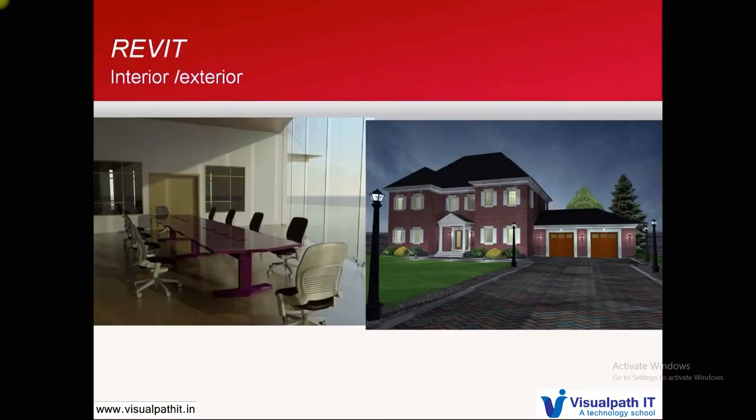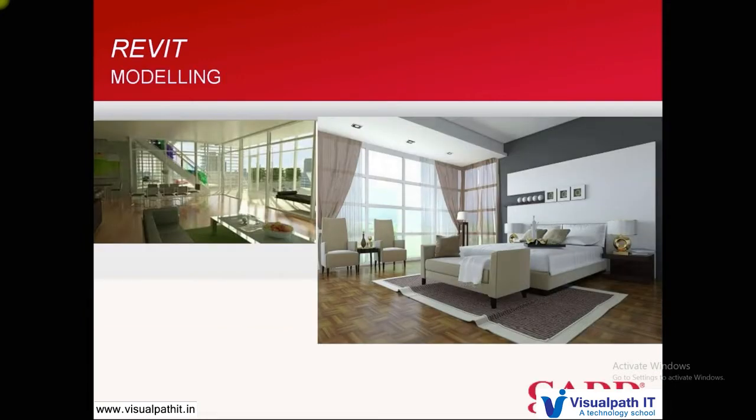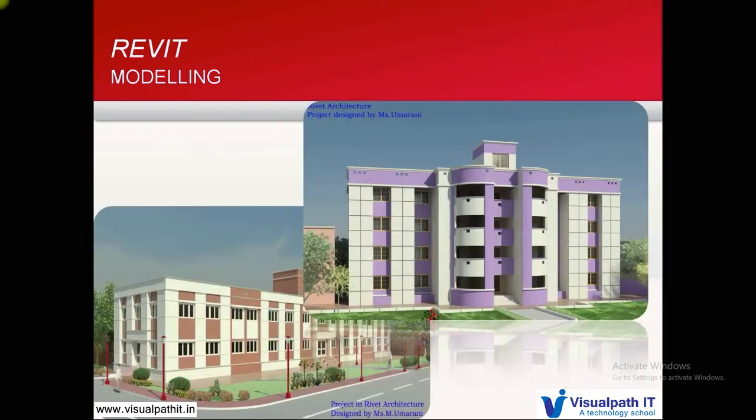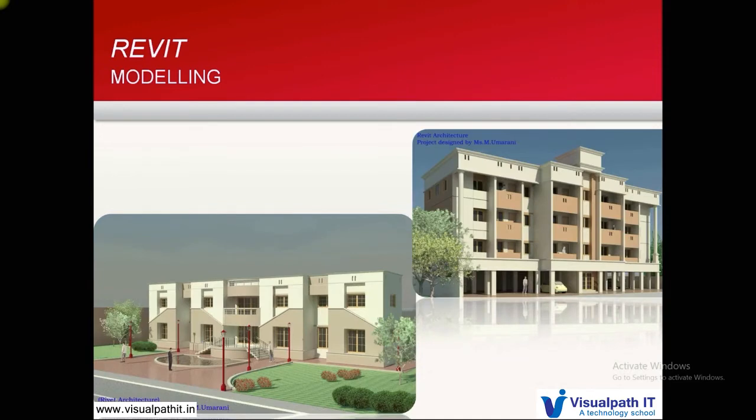Some of the pictures you see are the exteriors and interiors which we will be modeling. So it will be generated in this format, the output you can see. Then this is one more rendered portion, one more bigger picture of the interiors. And these are small projects which have been done in Revit. And I'll show you some big projects which have also been done. So this kind of ultimate output will be given by Revit Architecture.